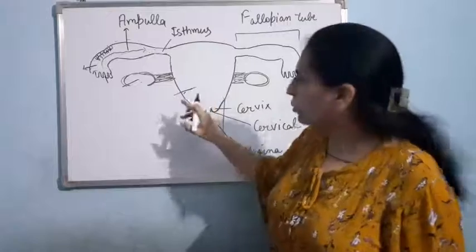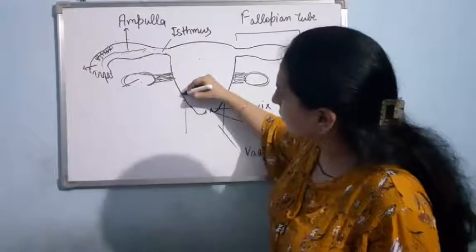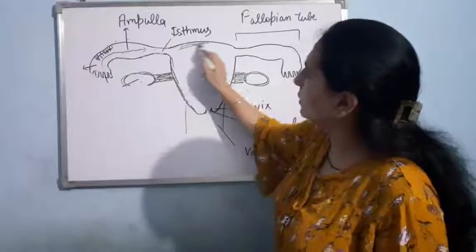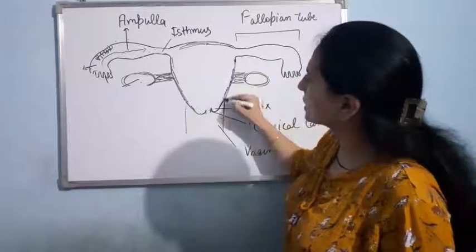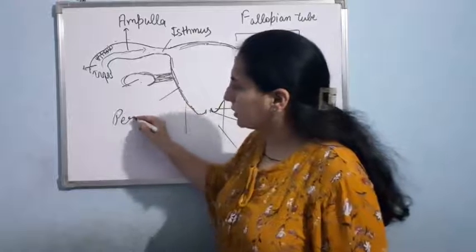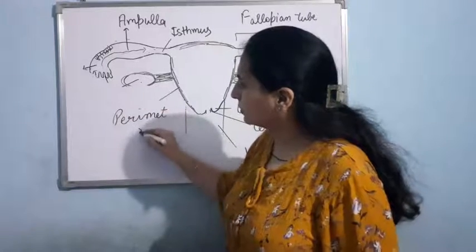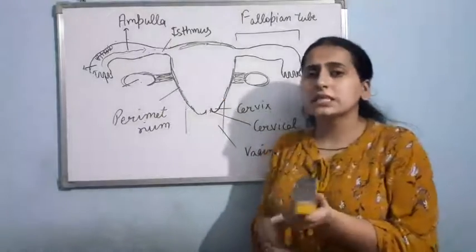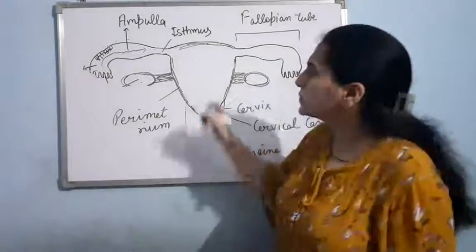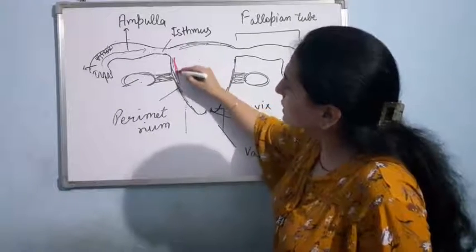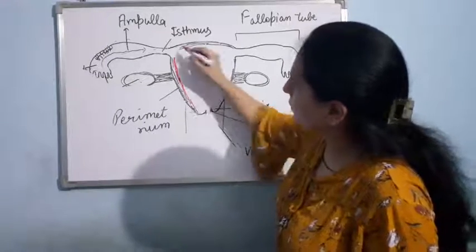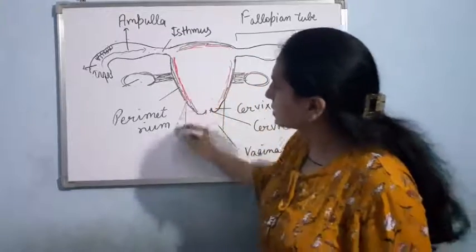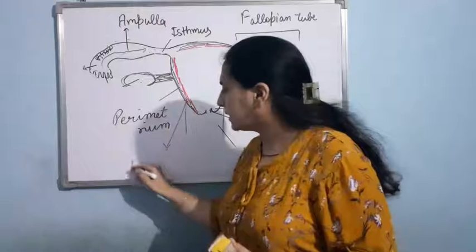This is the uterus. Okay, let me erase this. The outer layer, this one. Outer layer. This is perimetrium. Clear? The middle layer, it is made up of muscles. Now can you think why the middle layer is made up of muscles? And basically smooth muscles. This middle layer is made up of smooth muscles. This middle layer is myometrium.